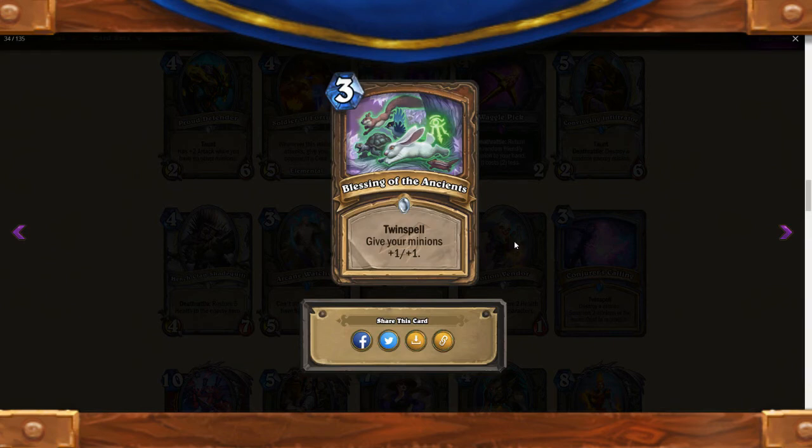Okay, 3 mana Blessing of the Ancients. Twin spell, give your minions +1/+1. So in the past, we had a 1 mana give +1/+1, but this is 3 mana give +1/+1 2 times, because it's a twin spell. And it is for Druids, and they are pushing a tokens type of Druid deck, but it's a little bit expensive, but you're getting two spells, so you can buff them twice. So it's 6 mana +2/+2. We just have to wait and see if Druid can generate that many tokens, but it's still a very good card,